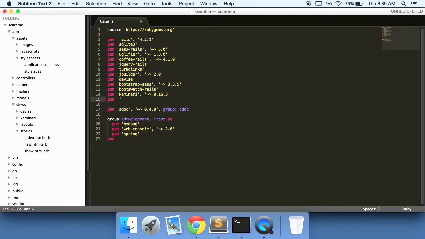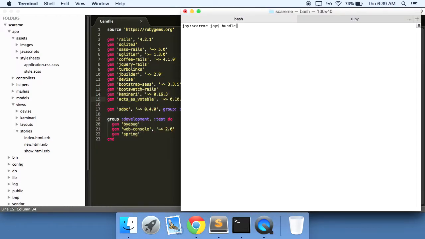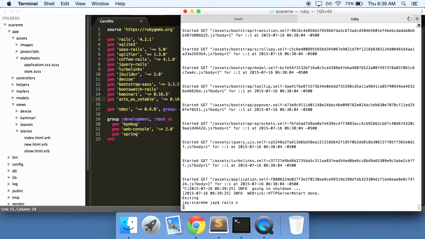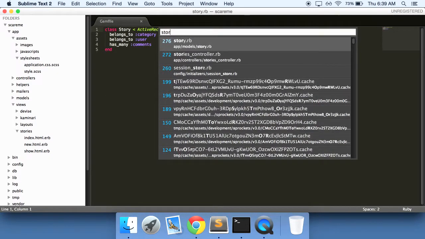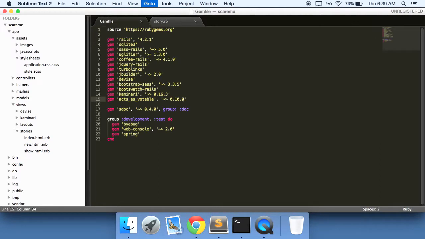So we do a gem, and it's called acts_as_votable. And let's get the version 0.10.0 and do a bundle install. Make sure to always restart your server. And in our story.rb file, what we need to add in here is, and actually before we do that,